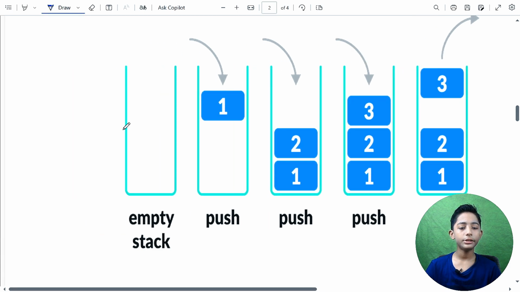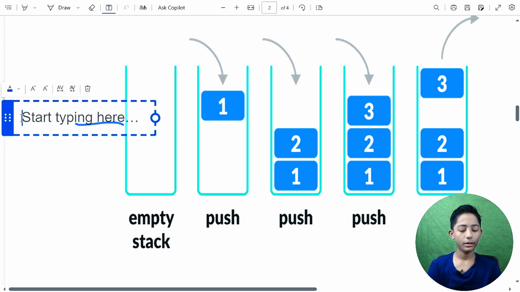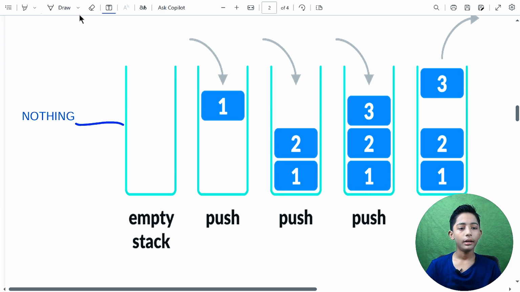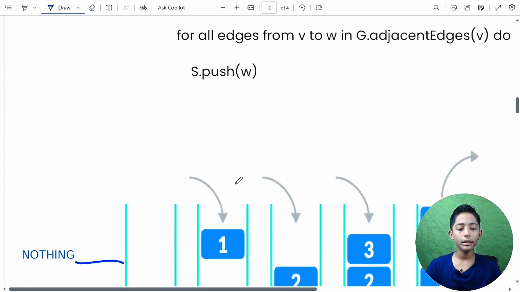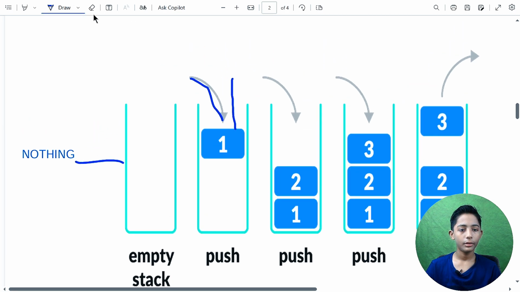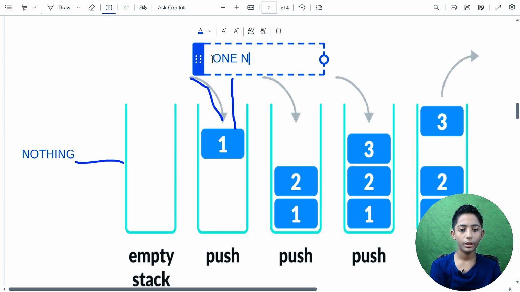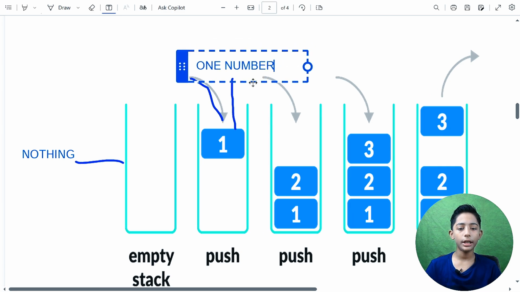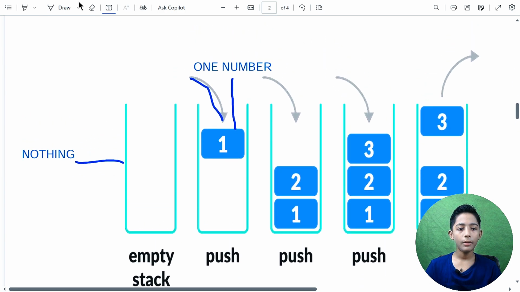In the first push there is one number, like 1. In the second push there are two numbers, 1 and 2.